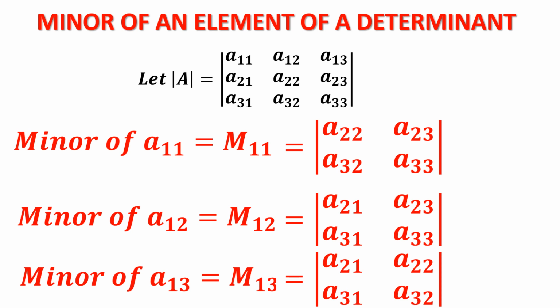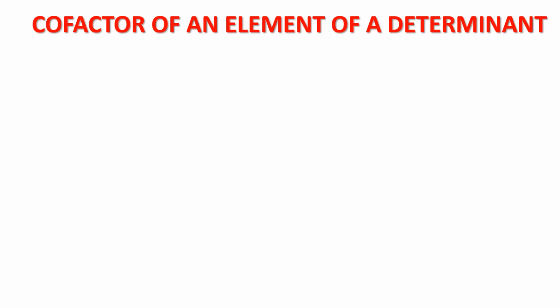Now, the next question is, as we are calling the minor of an element a 2 cross 2 determinant, every determinant will have a value. We are going to the definition of cofactor. The value of the minor with an appropriate sign will be called the cofactor. I repeat, the value of the minor of an element with appropriate sign. What is that sign? We are going to explain it now.